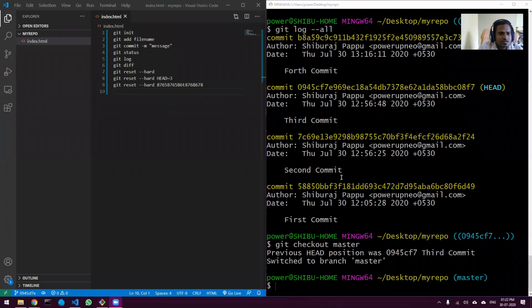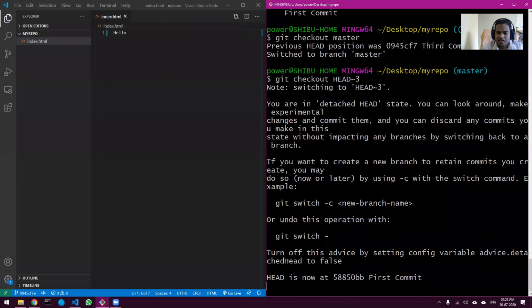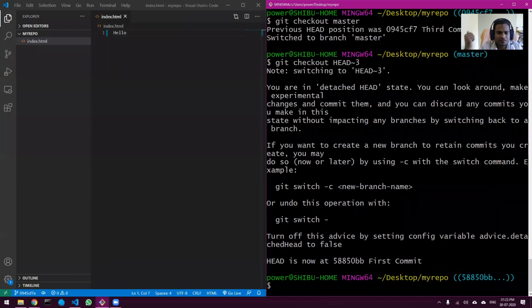Okay. Akshay is asking, sir, for checkout instead of hash, can we use head? Yes, yes. So let's try that. We are on master and let's do head, and I want to go 2 steps back. Okay. Yeah, 3 steps back. Okay. So I can do this. And if I press enter, I went to the first commit.